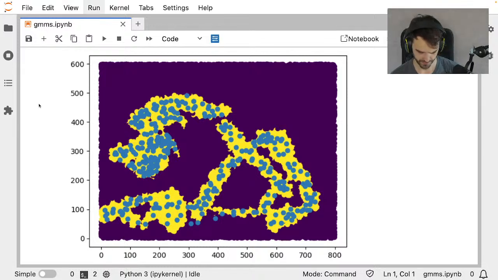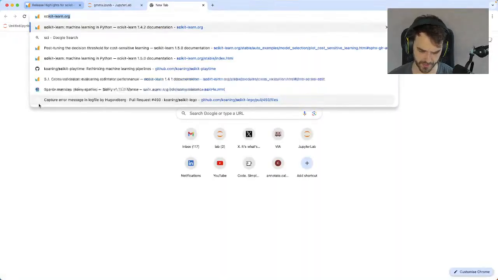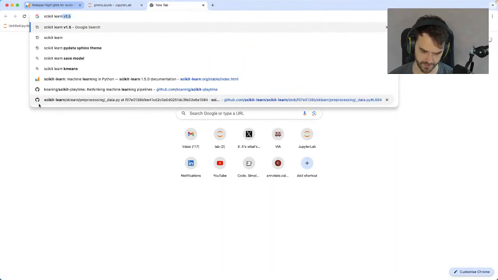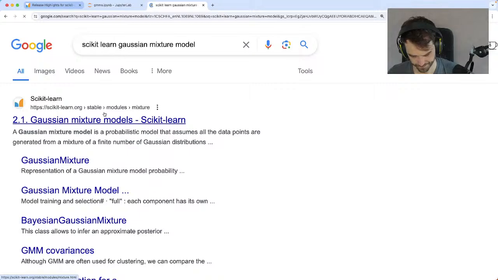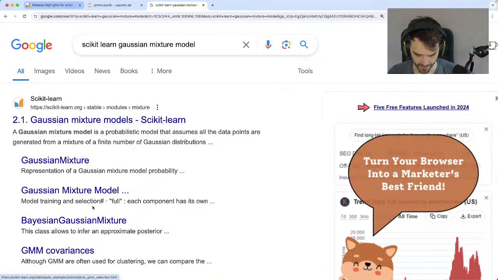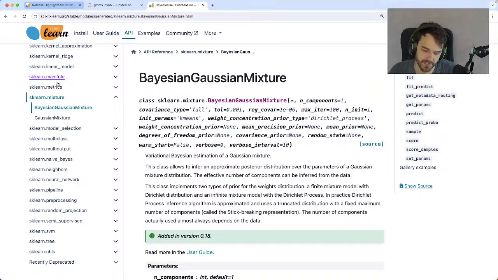Actually, yeah, the video is still looking good. If you were to go to the scikit-learn docs, scikit-learn Gaussian Mixture Model, there you go. That's the one I was looking for. In the mixture module of scikit-learn, you'll have a Gaussian mixture and a Bayesian Gaussian mixture, which is a bit more fancy.